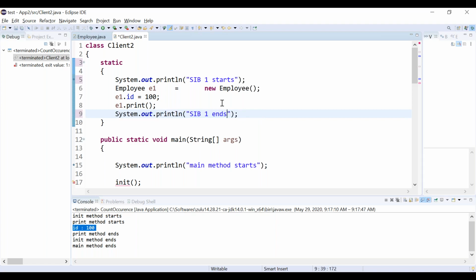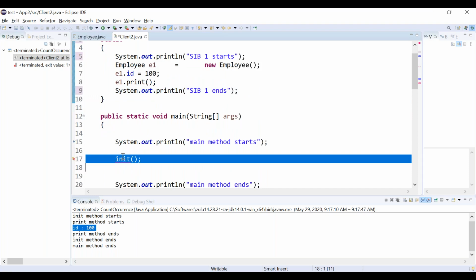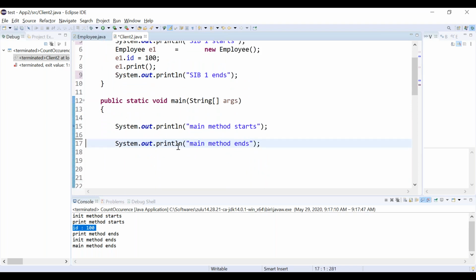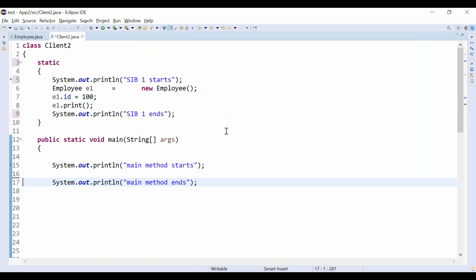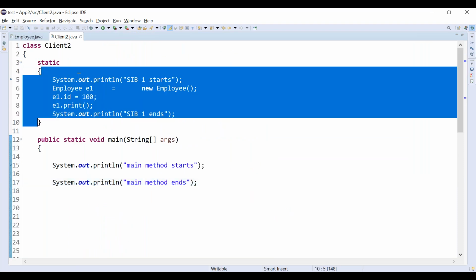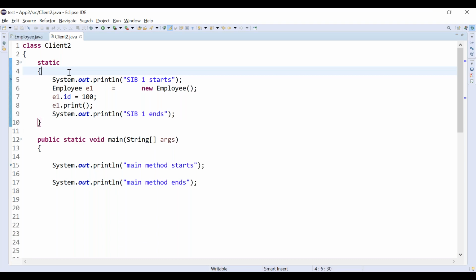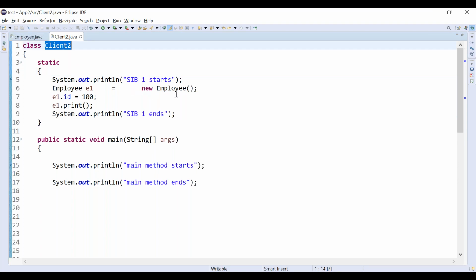So what will happen here? Listen to this program a little carefully. I am not having anything else in my class, that's all. We have already seen static blocks; if you have missed them, you can watch my previous recordings. We have taken one session about static blocks, or static initialization blocks. When I am running this client, the class will be loaded into memory before the main method executes. First, static blocks will be executed from top to bottom.